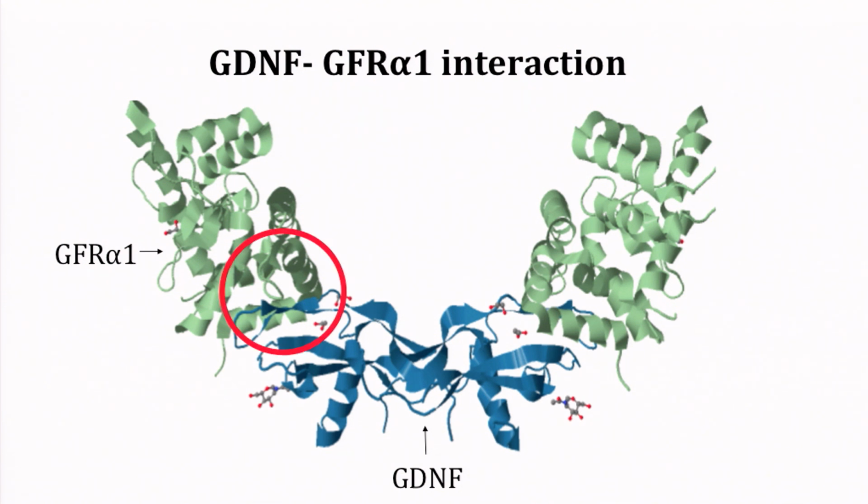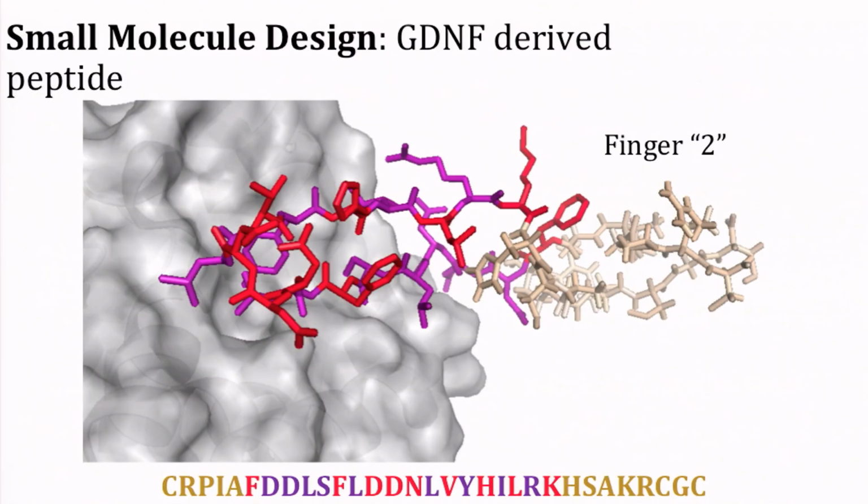Additionally, the next thing that is important to see is that GDNF interacts with GFR alpha 1, which is our co-receptor, again because RET is a needy receptor, through this one particular part of GDNF. And you can see it's kind of in a cyclic form. And again, we tried to mimic this type of cyclization within the interaction. So now if we take a close-up within this circle, this is our close-up, and here we have, again,